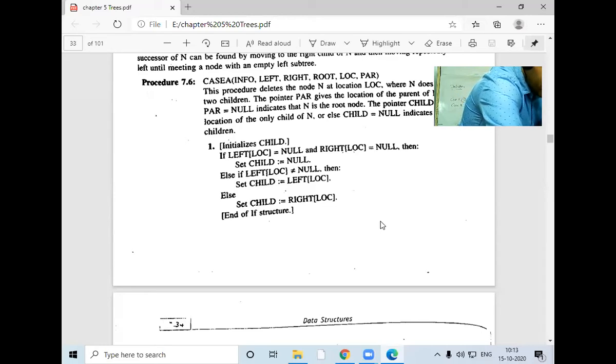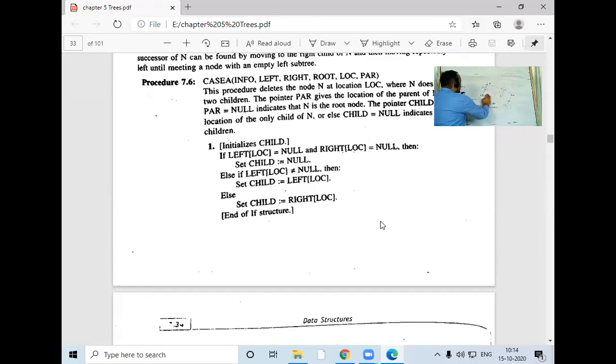Repeat once. Hello, is this concept clear or not? Yes, sir. Should I move now? Yes, sir. This was a node with 0 child.